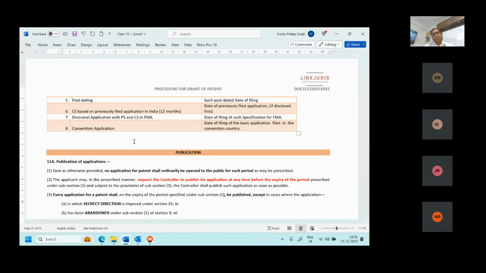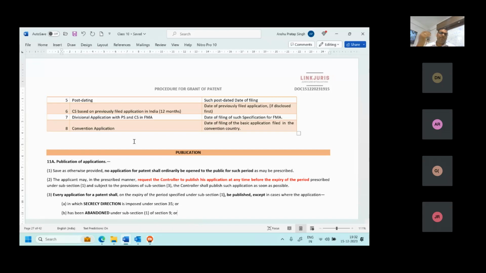So this is the entire concept of priority date. We'll go through it and try to remember this. In general, the simple rule is if there is a PS, the date of filing of the PS will be the priority date for that particular claim. If there is a conflict, partly PS1 and partly PS2, we will go for PS2, because only then has the claim been completely described. Only once it is completely described will I go for a priority. I cannot go for a half disclosure of the invention. So for a claim which is deriving from both PS1 and PS2, I will go for the PS2 date of filing.